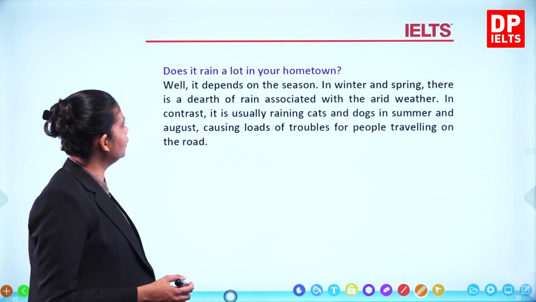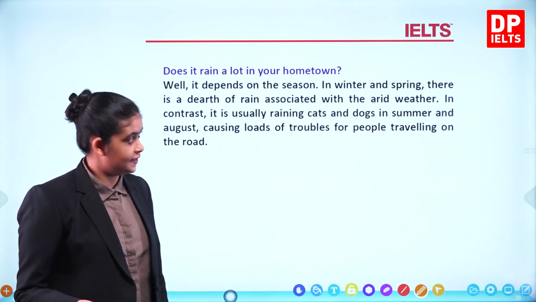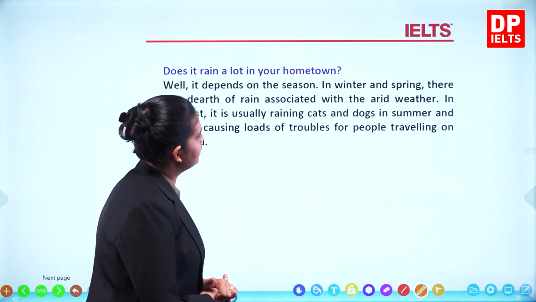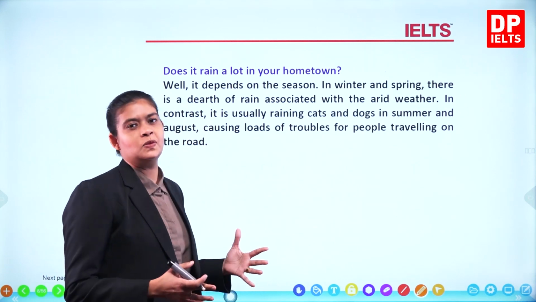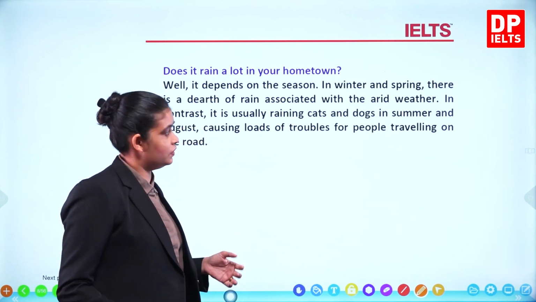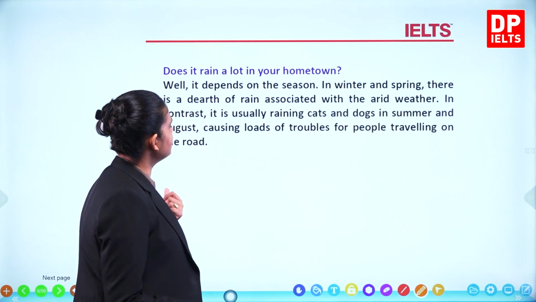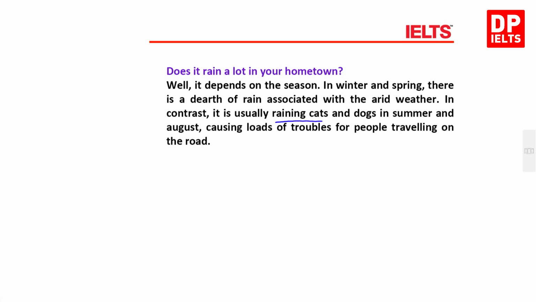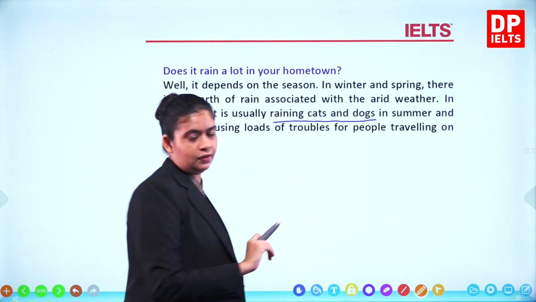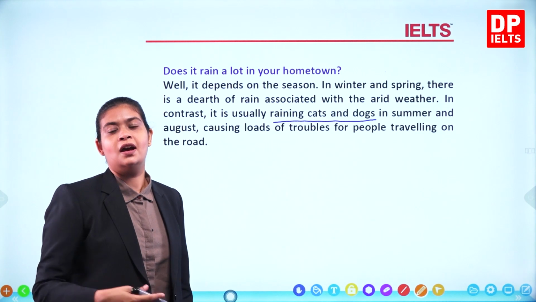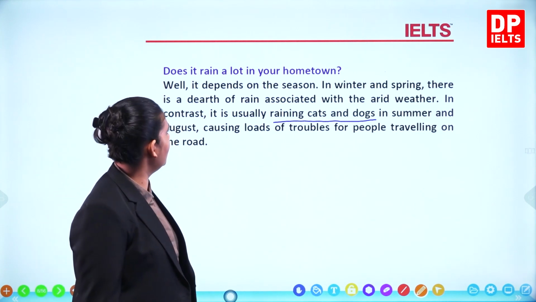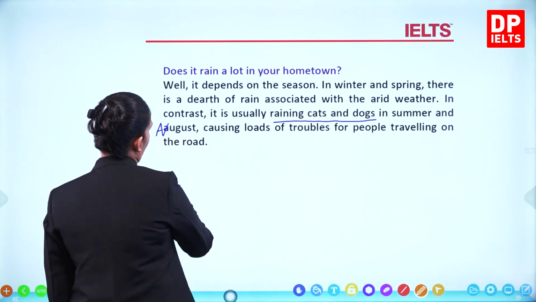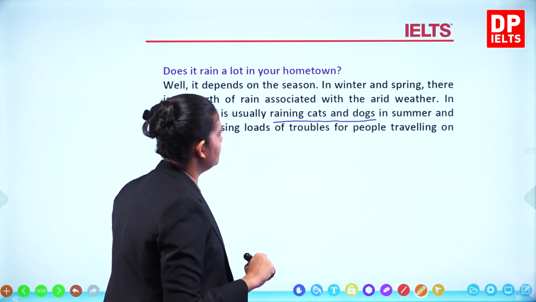Does it rain a lot in your hometown? Well, it depends on the season. In winter and spring, there is a dearth of rain associated with the arid weather, right? Sometimes when there's no or little rain, we say arid weather. In contrast, it is usually raining cats and dogs in summer. Raining cats and dogs, again, idiomatic expression, okay? That means it's raining a lot. In summer and August, okay, so A could be capital,